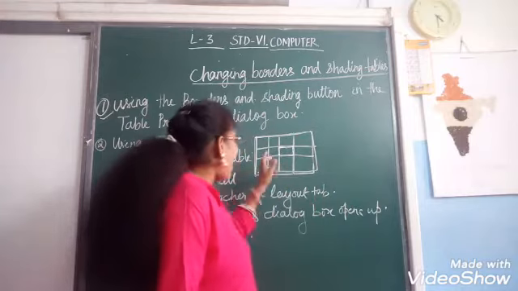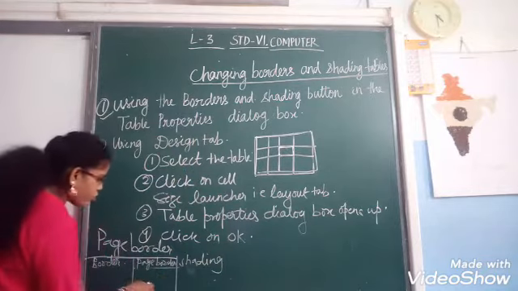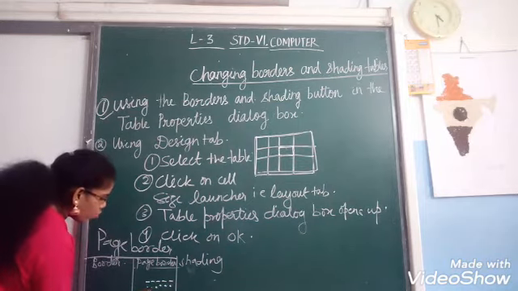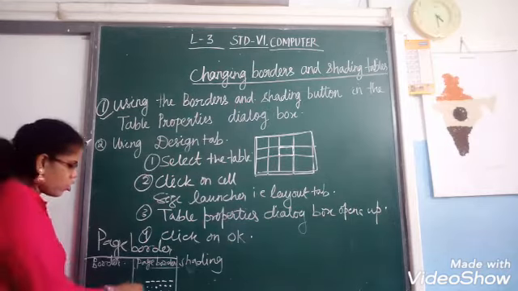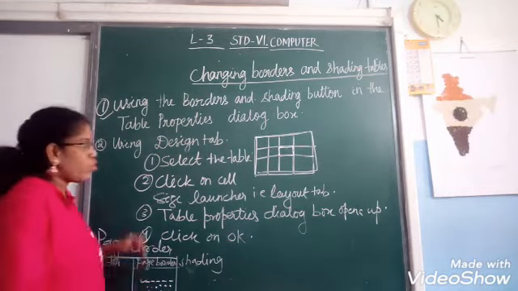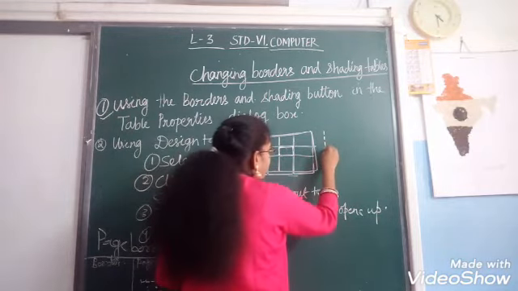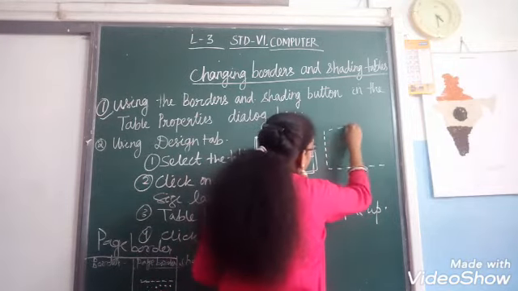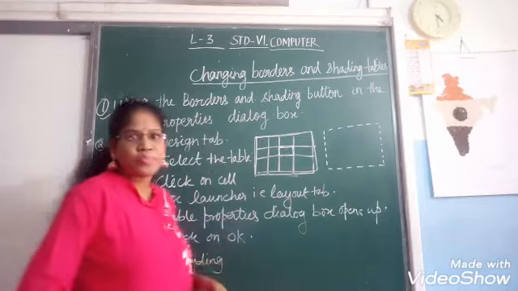Suppose I want this border in a dotted line. So a lot of borders will be displayed. Either some hyphen type border or some dot border, one star type border. Which type of border you want in the page border, you select that. This table border will come like this. Suppose we have selected the hyphen. So according to which style you want, the border will be changed. Dot, star or hyphen in the page border.